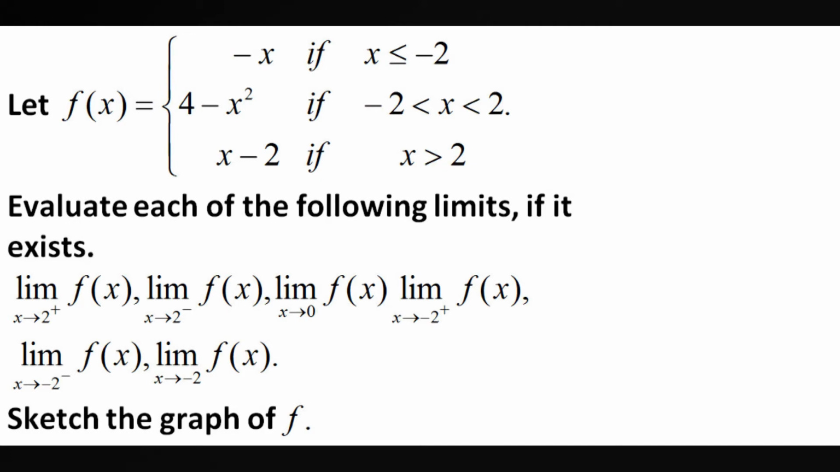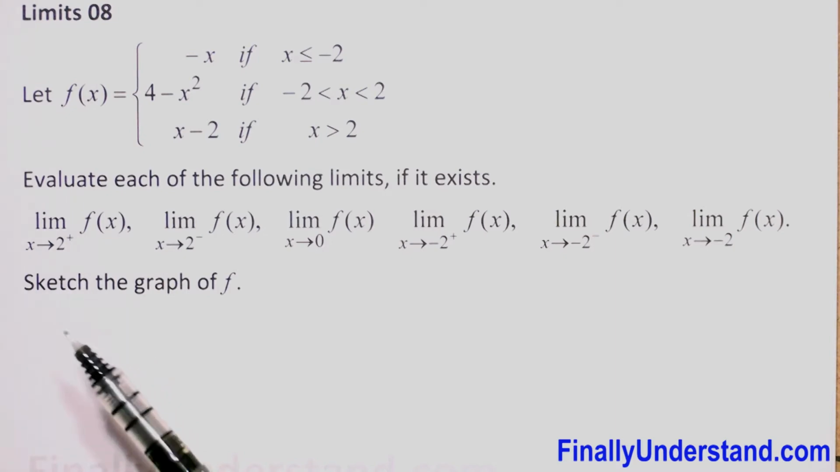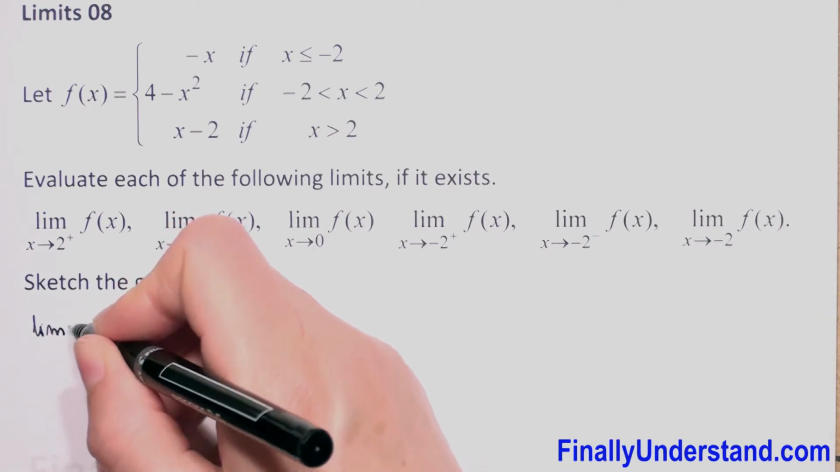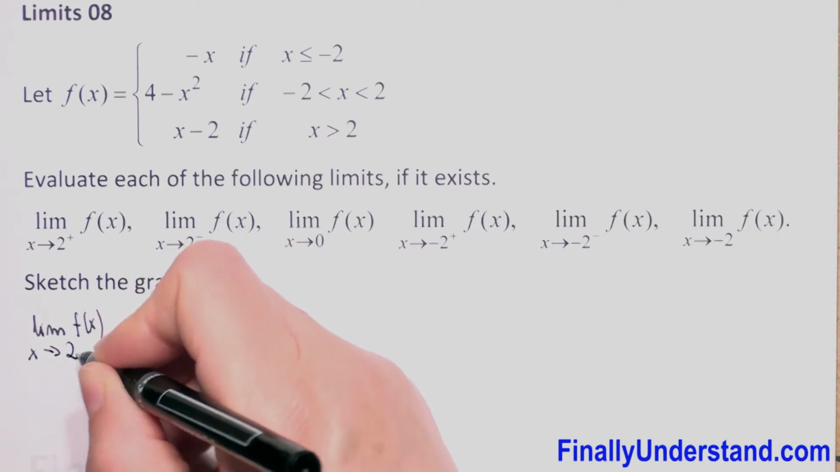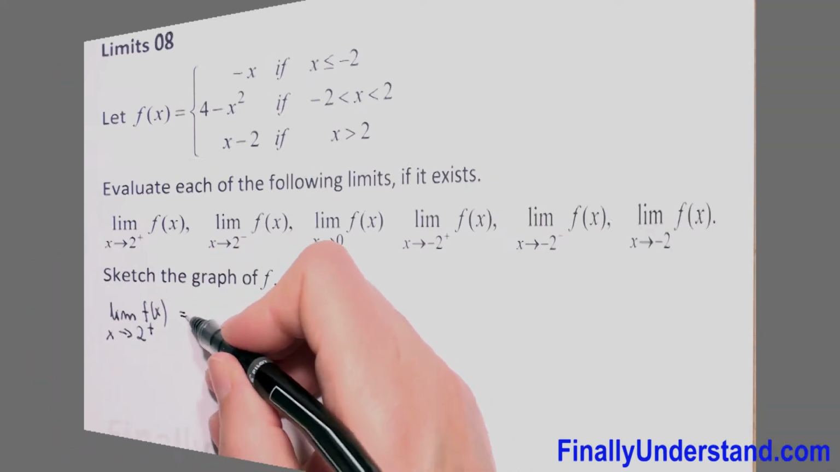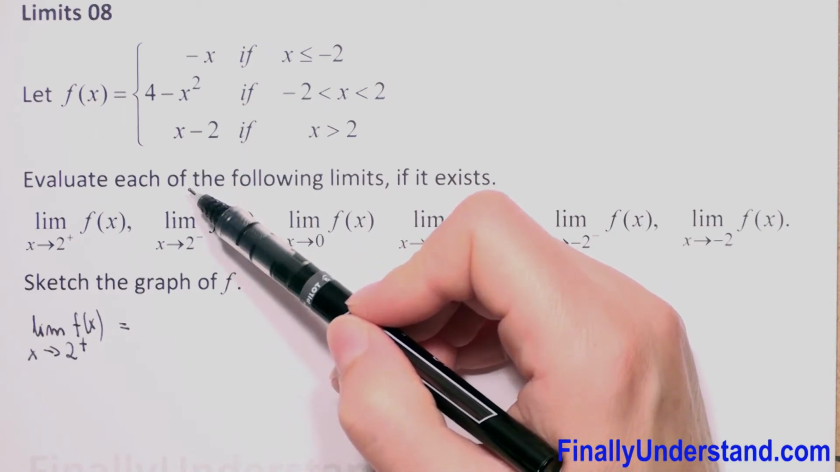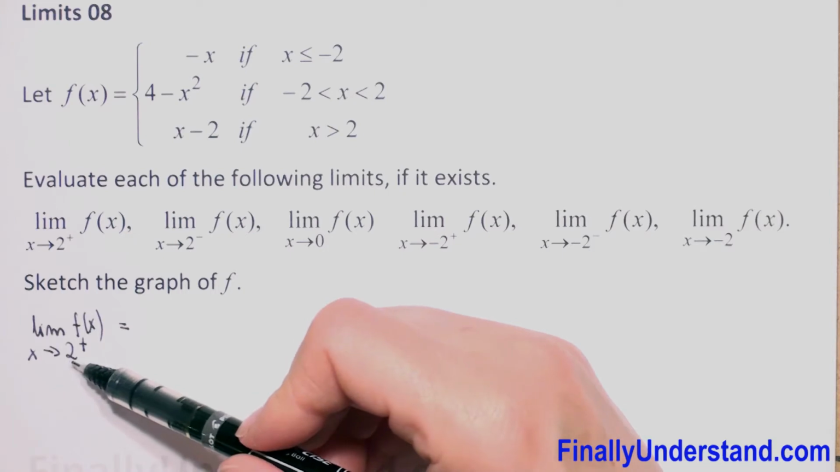We have given function f which has three parts, and we have to evaluate each of the following limits if they exist. So let's do the first limit. We have the limit of f(x) as x approaches 2 from the right side. Let's see which part of our function is defined for x greater than 2, because x approaches 2